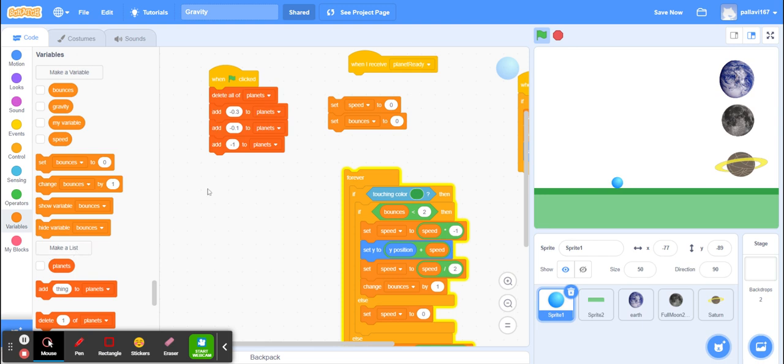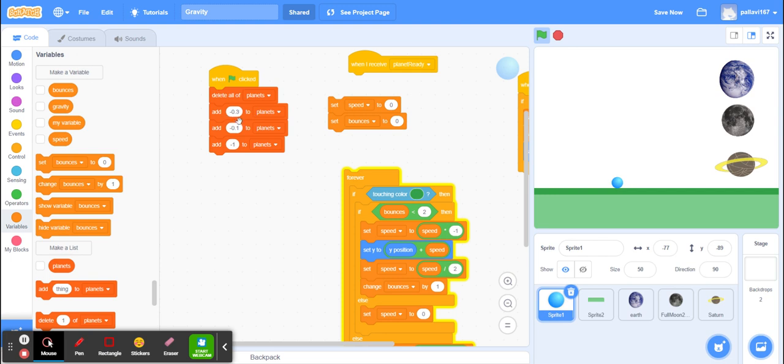You create a list to store the gravity of each of these planets. Okay, so here the negative sign indicates the downward direction. Otherwise, you can simply consider 0.3, 0.1 and 1 as their absolute values of gravitational force. Negative value means the direction, and this is in the downward direction. That is why it is minus 0.3, minus 0.1 and minus 1.